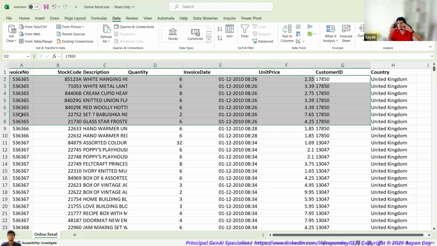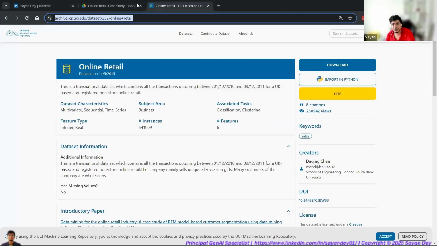Oftentimes, this is the kind of thing that takes a lot of time. When we say data engineering, data pre-processing, this is what I mean. The original data is absolute rubbish that is given to you right now. There are a lot of problems in the data. The data is in a different structure. You have to fundamentally alter the schema of your data and convert it to a customer level of detail, and it has to look somewhat like